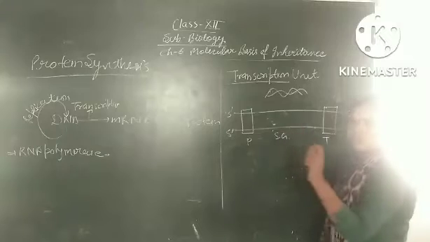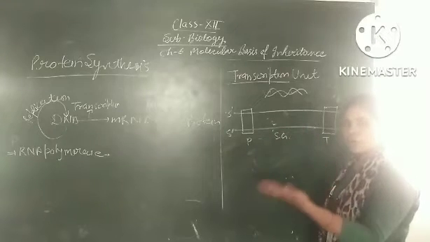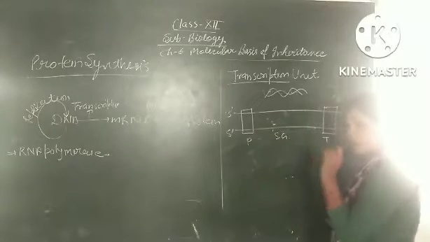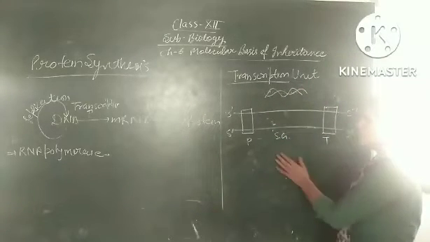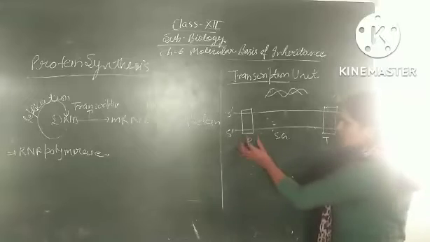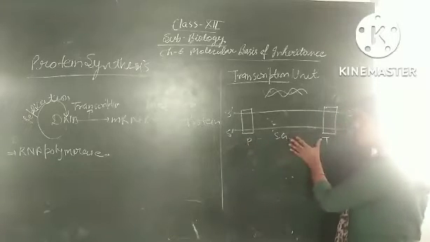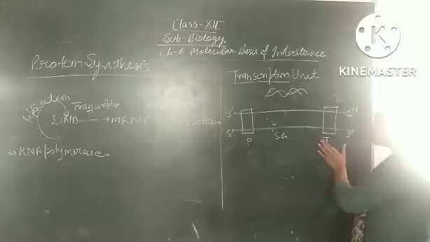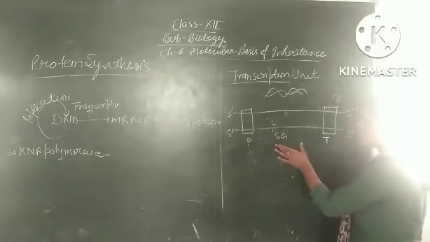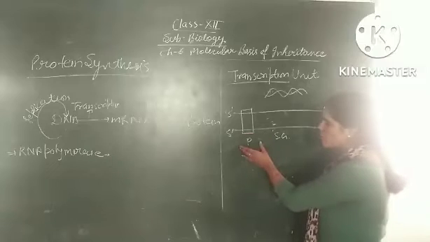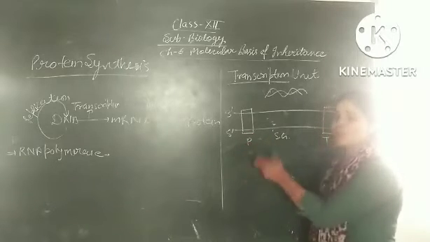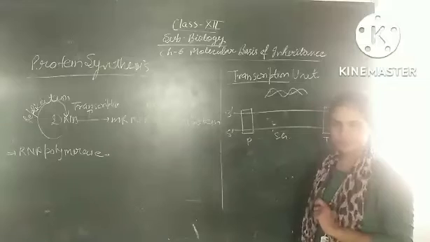So which area, which part of DNA does the protein synthesis at a particular time is known as the transcription unit. In this transcription unit, we see three parts. First part is the promoter site, the middle one is the structural gene, and the end one is the terminator. Promoter, structural gene, terminator. Promoter is the site of DNA which helps to bind the RNA polymerase.